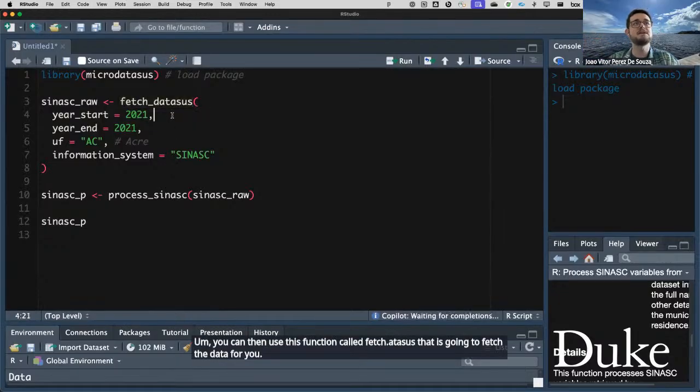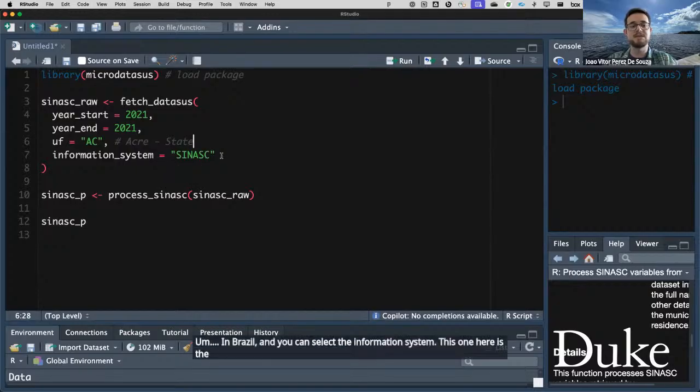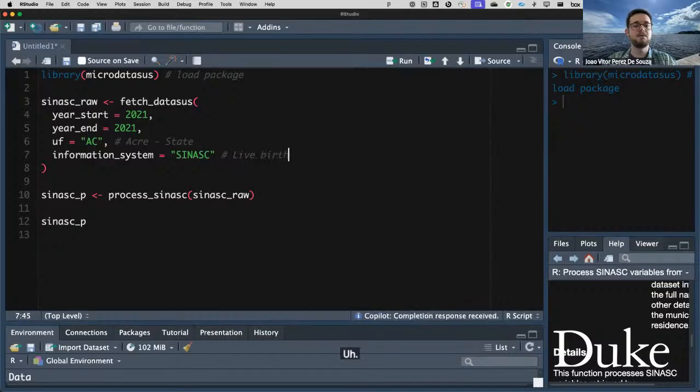You can state the year that you're going to start your data collection, the year that you're going to end your data collection. You can select your unit of the federation, which is your state, in Brazil, and you can select the information system. This one here is the live birth system, so SINASC, like live birth.